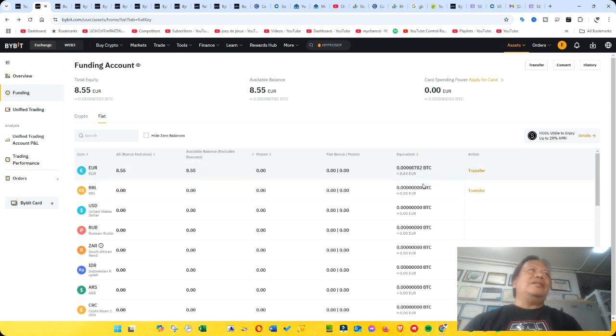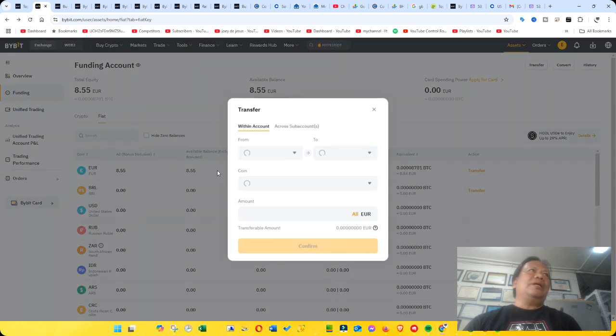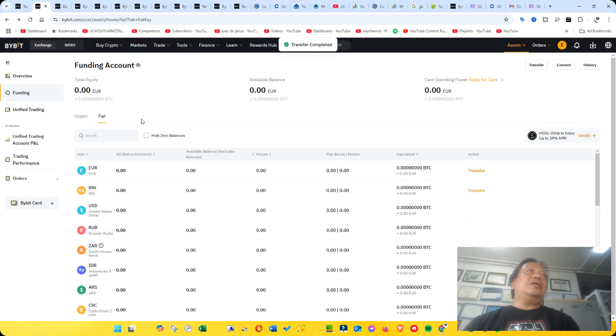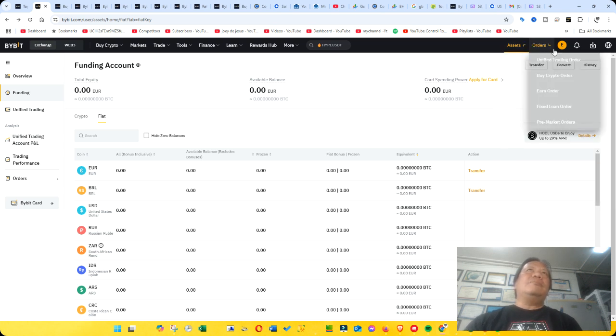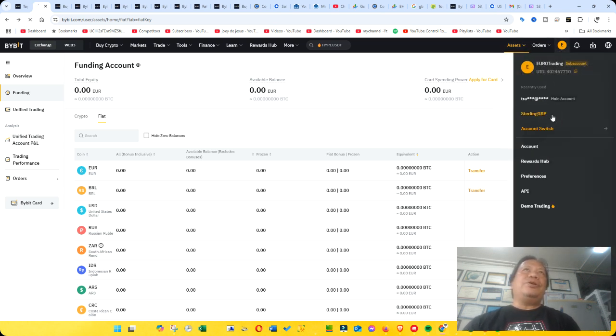And this is on my funding account, and then I can trade. Transfer this to my funding and confirm, and there you go. Now I have my asset in euro, and I also have asset in sterling GBP,